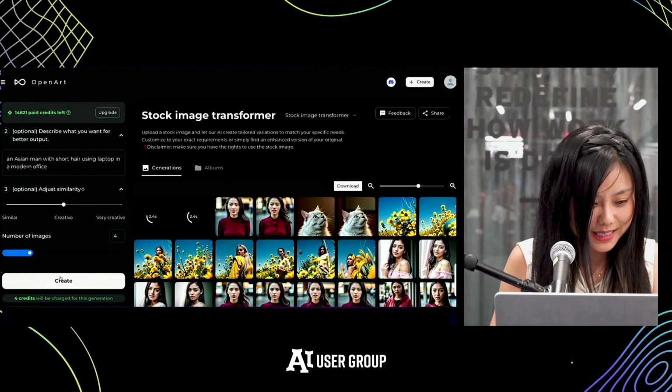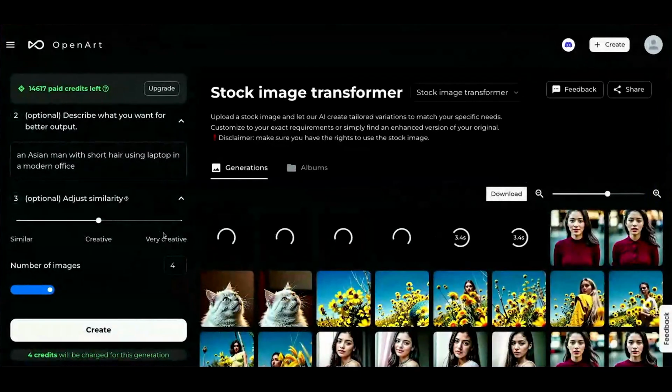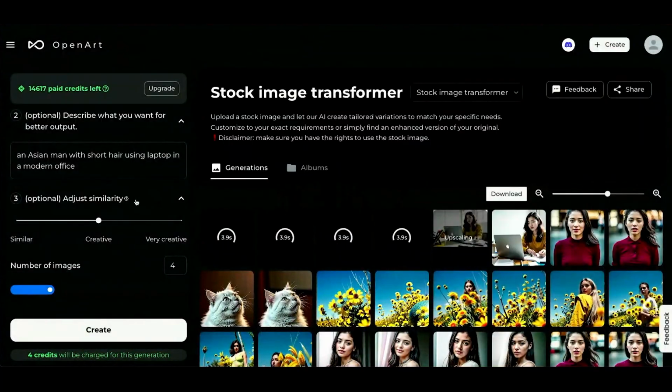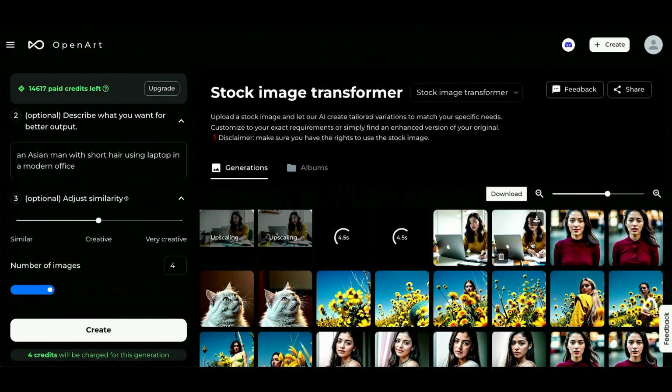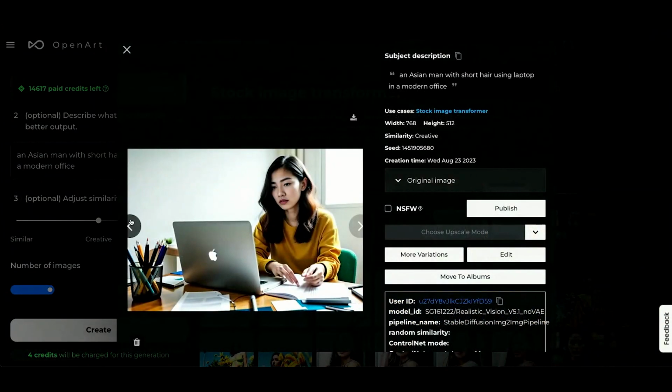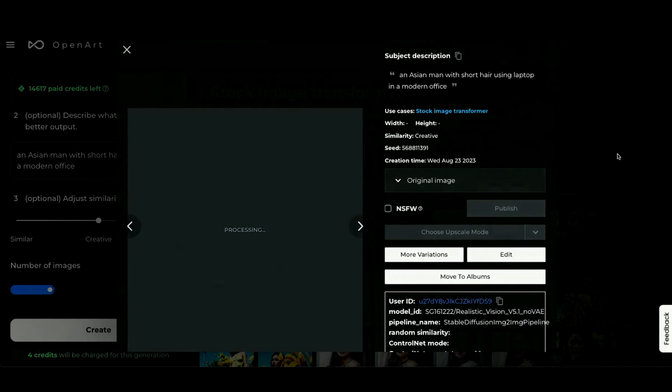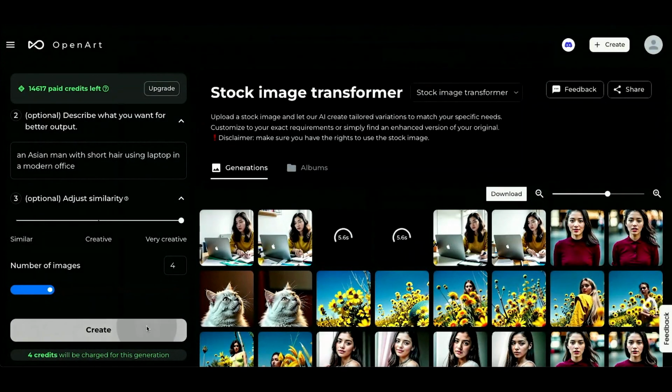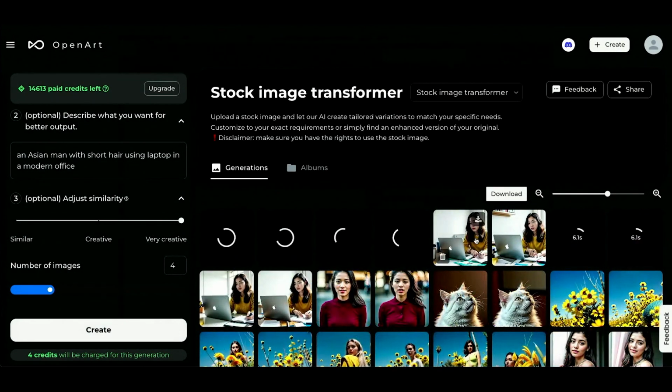Hopefully, everything will be safe for work. We did put a lot of effort into trying to make things safe for work, but we'll see. Okay, I think this is not creative enough because it still keeps generating women, which is great, but we need gender equality. So let's try to generate a man.